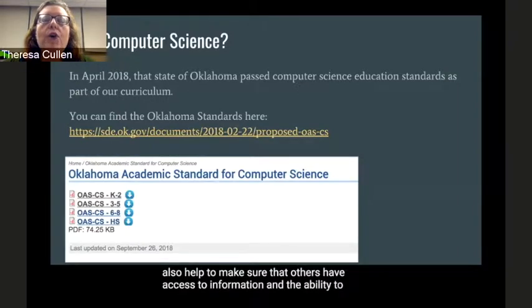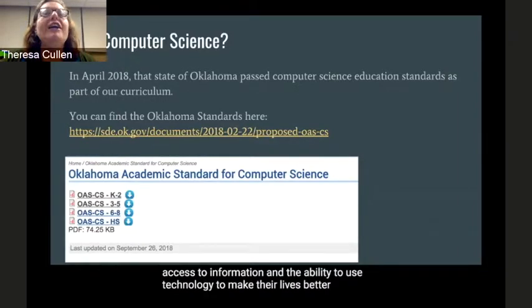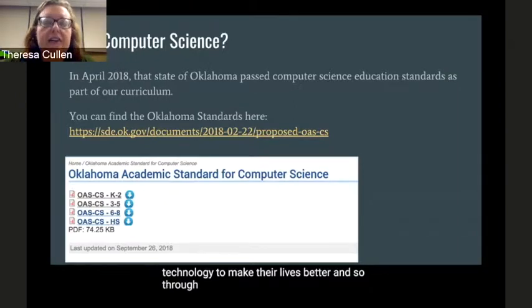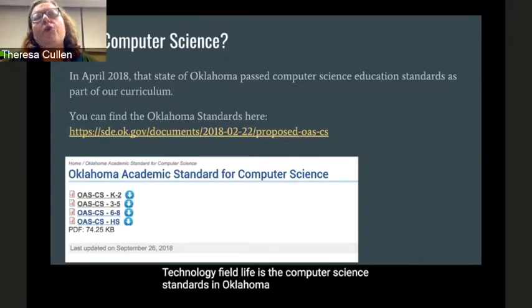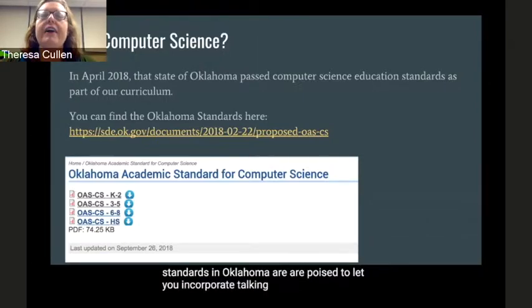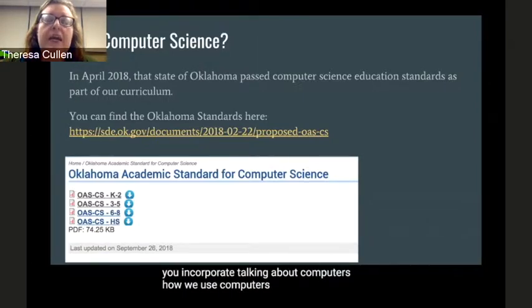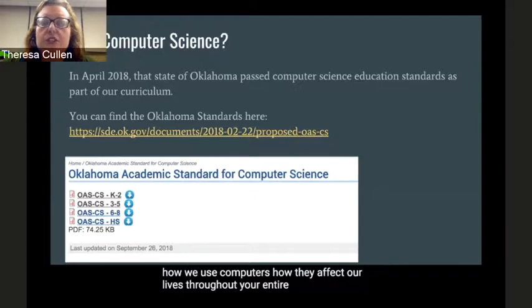And so, with such a broad idea of what a technology-filled life is, the computer science standards in Oklahoma are poised to let you incorporate talking about computers, how we use computers, and how they affect our lives throughout your entire curriculum. So what I wanted to do to get you ready for Computer Science Education Week, which